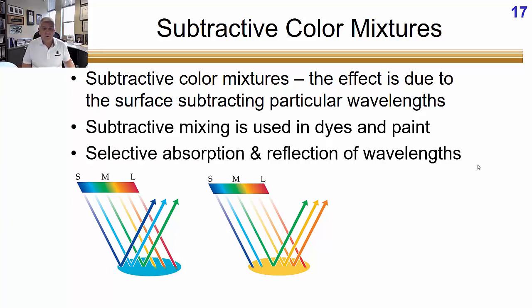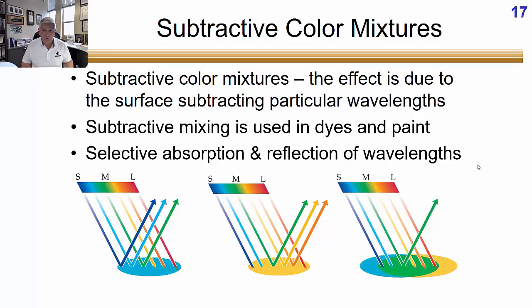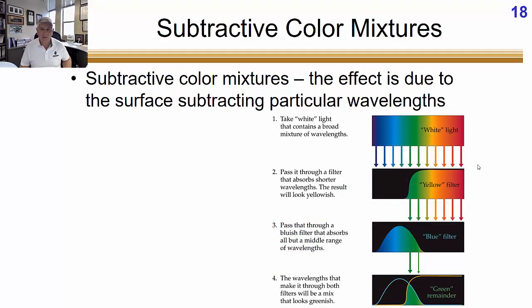So if we were to mix those paints, we're going to add in the subtractive selective absorptions. By overlapping those two paints, the yellow paint's going to absorb the blue, and the blue paint is going to absorb the yellow and red, and what's going to be left is green. The only color left is green to be reflected out. And again, this is all wavelengths of light.